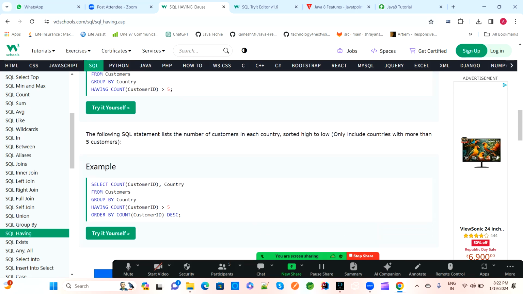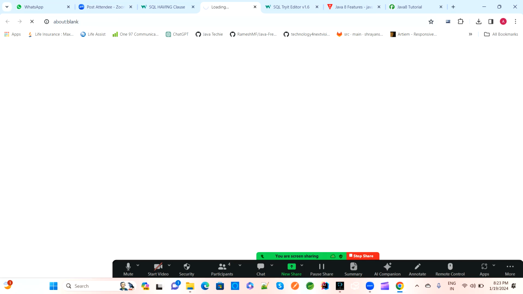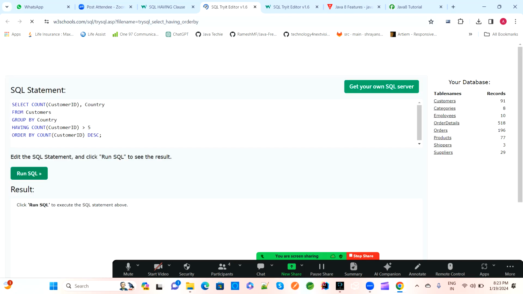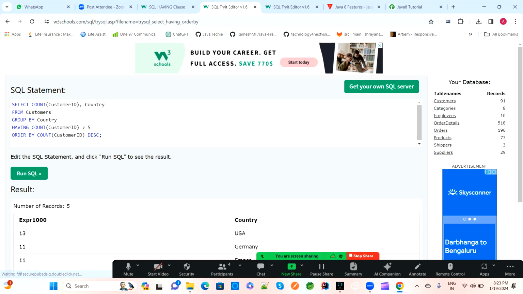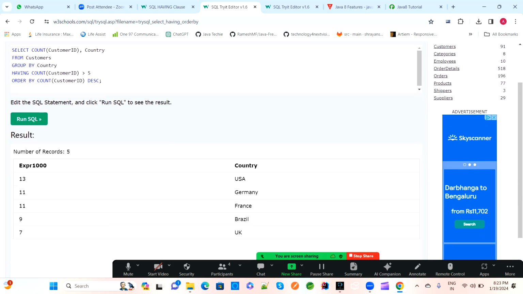See here, select count of customer ID, country from the customer table, group by country, having count of customer ID greater than 5, and then we are putting order by count. Whatever the count we have, this count of customer ID should be in descending order. If you run it, then all the customer ID counts will be in descending order. See here, descending order means